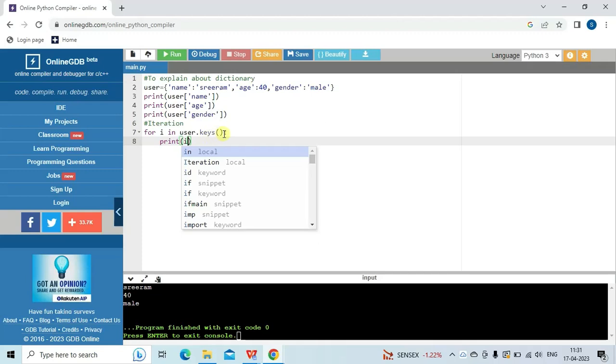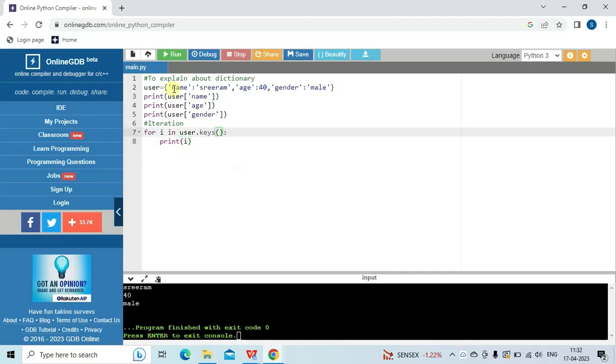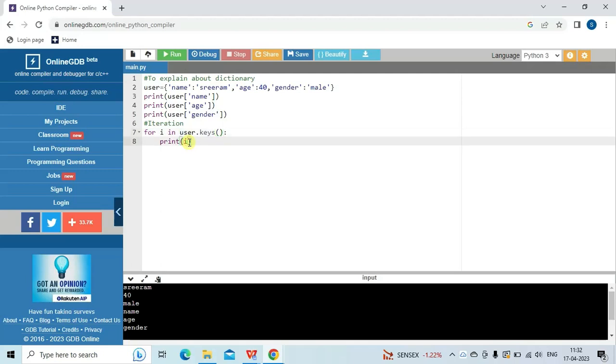User dot keys represents this one, the first one. Okay, this is the key, this is the value. Name, age, gender, like that. This is useful for getting output in a horizontal line. See, name, age, gender, these are the keys. If you want values,